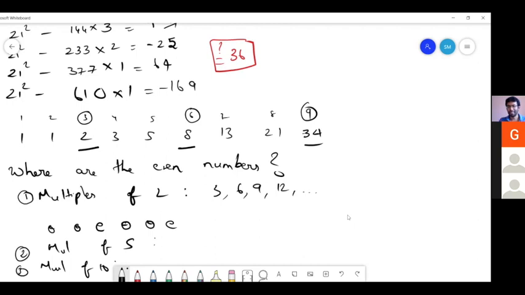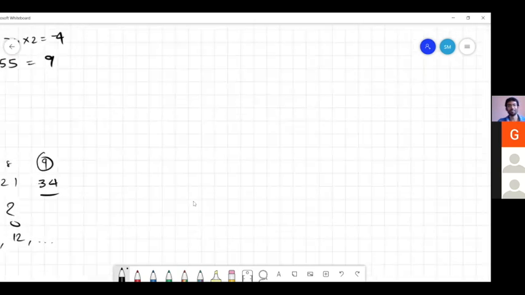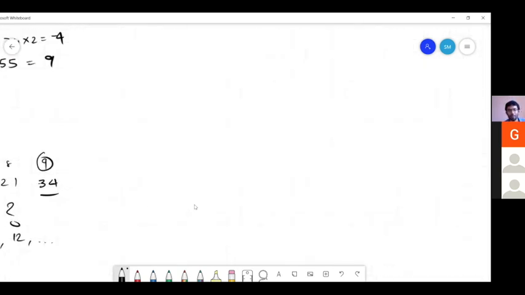Do this: prove that the sum of the first n Fibonacci numbers is equal to f of n plus 2 minus 1, easily using induction. Great. So let's go into the proof.